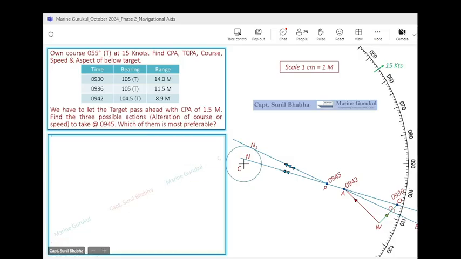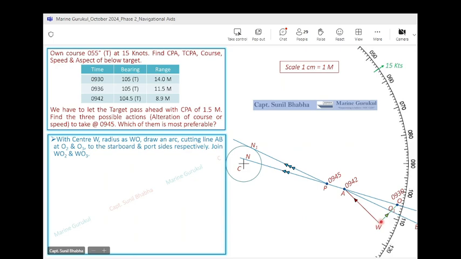Let us now see if we can achieve the desired CPA using an alteration of course also. Now to find out the alteration of course, we pick up our compass. We open up our compass equal to the length of vector WO. This vector represents the distance covered by the ship in a period of 12 minutes. So we open up our compass equal to WO,